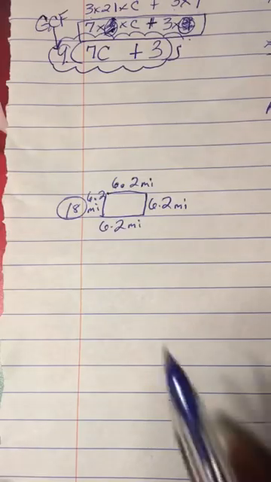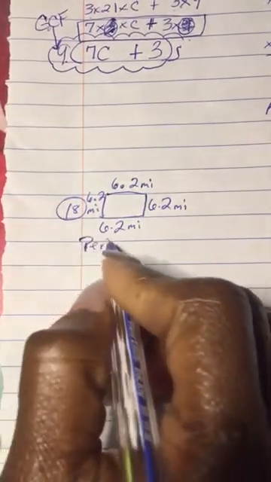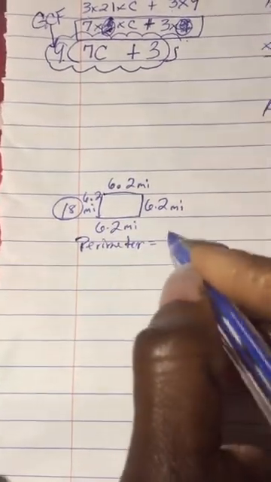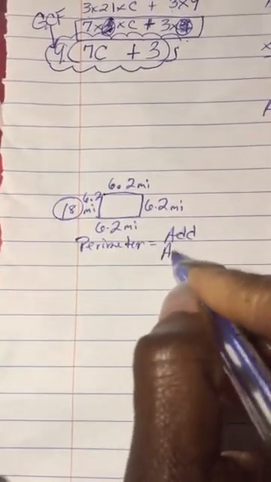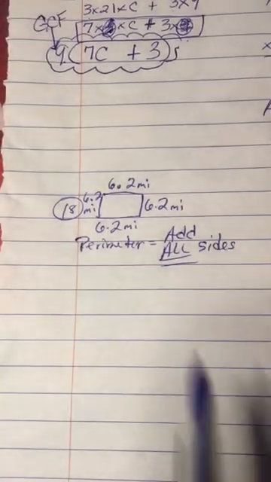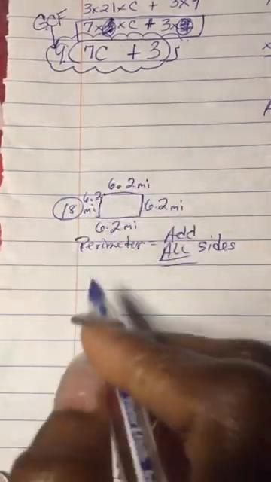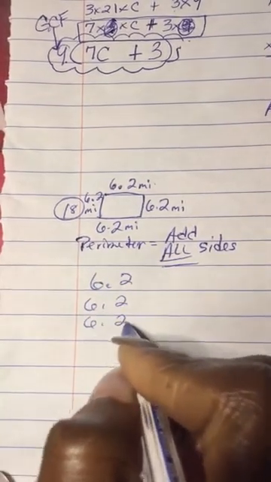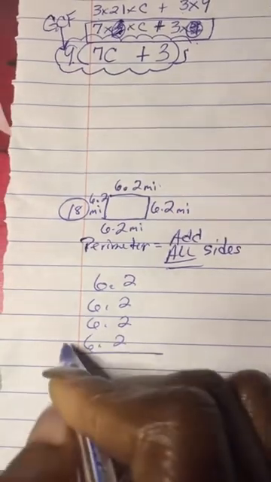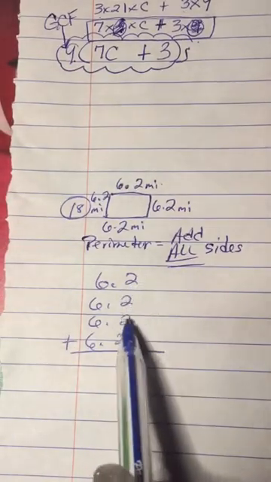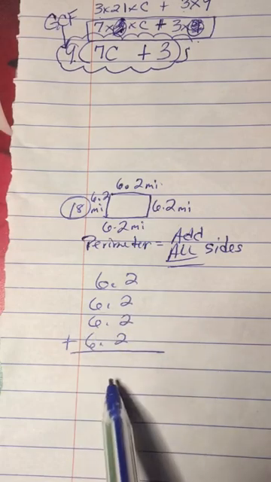For number 18, it asks you for the perimeter. You have to remember that perimeter means to add all sides. No matter how many sides you have, you have to add all of them together. So you're going to put 6.2, 6.2, 6.2, and 6.2. If you had a pentagon that had 5 sides, you would add 6.2, 6.2, 6.2, 6.2, and 6.2 for the